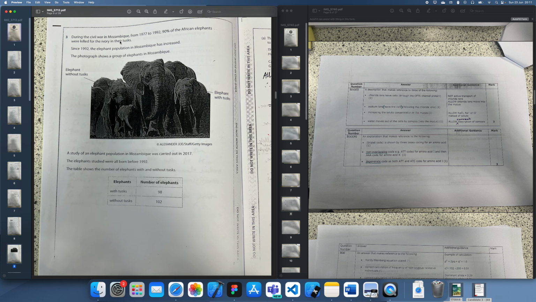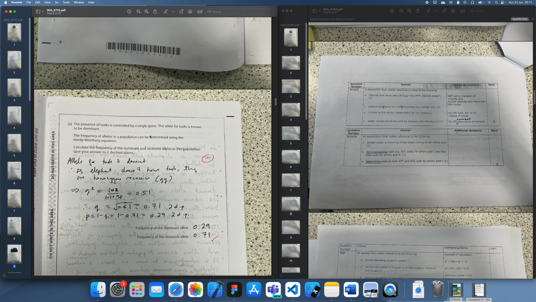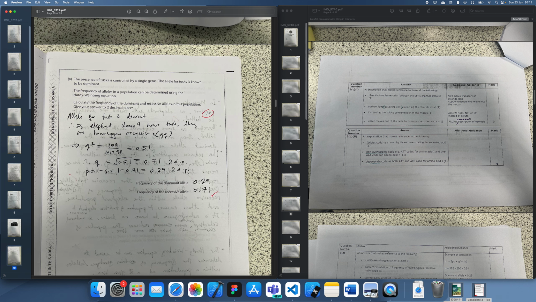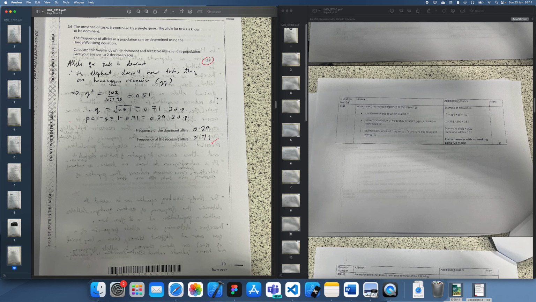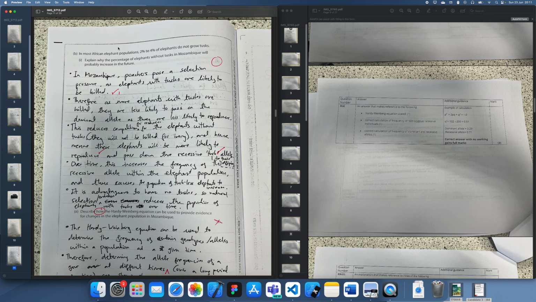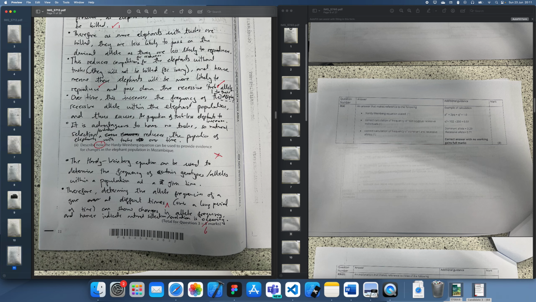Again, I'm fairly sure this is an EdXL question, so I definitely have seen it. I definitely remember the elephants. So once I knew that, it was really just the first calculation question, nice and easy, just a Hardy-Weinberg. Plug the numbers in and substitute. Then we have here, and so